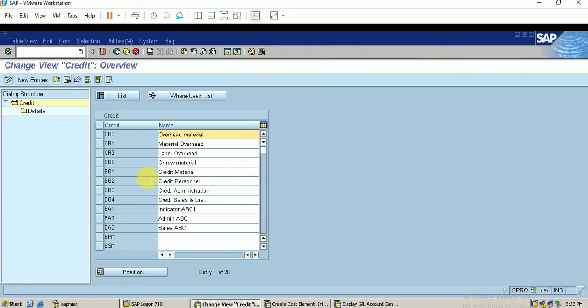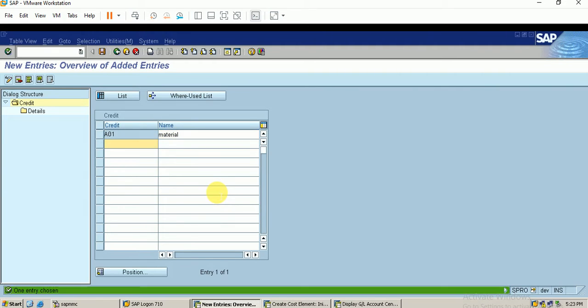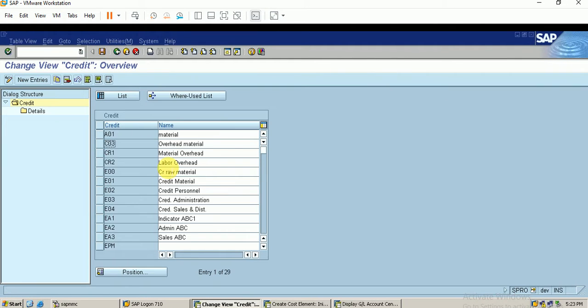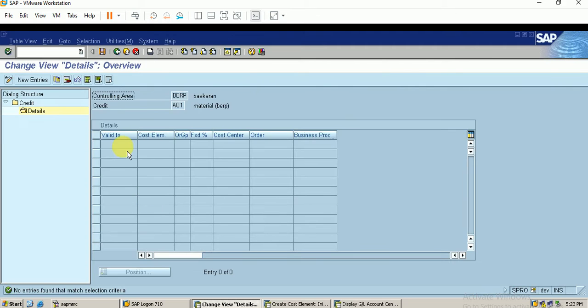okay, A01 is available. Okay, let me go on with the A01. That is the material. This is for material. I just save it. Come back. Okay, let me define. This is for my company code, so I select it and double click on details. Enter my company code, controlling area. We can maintain